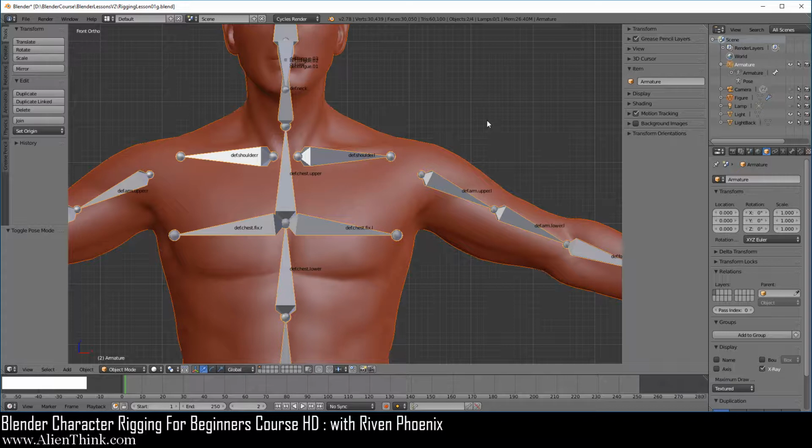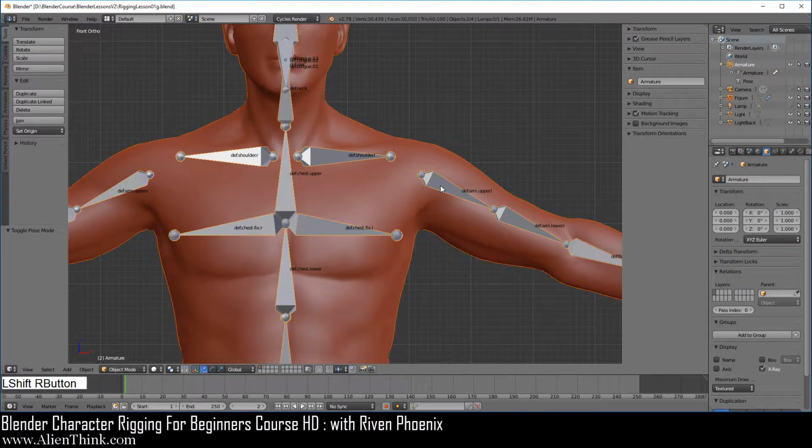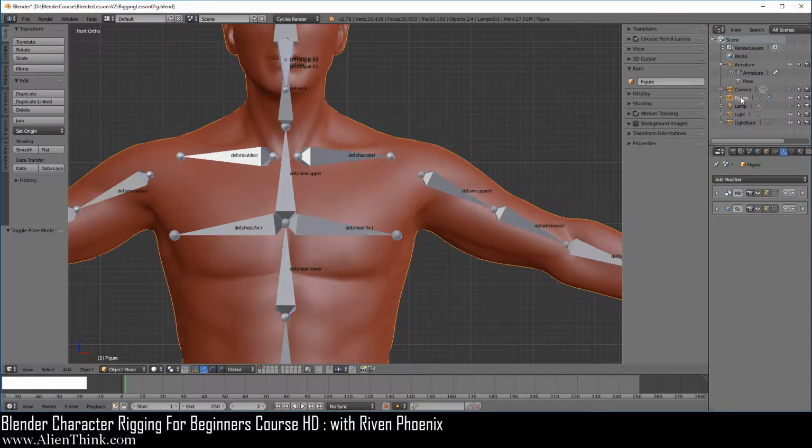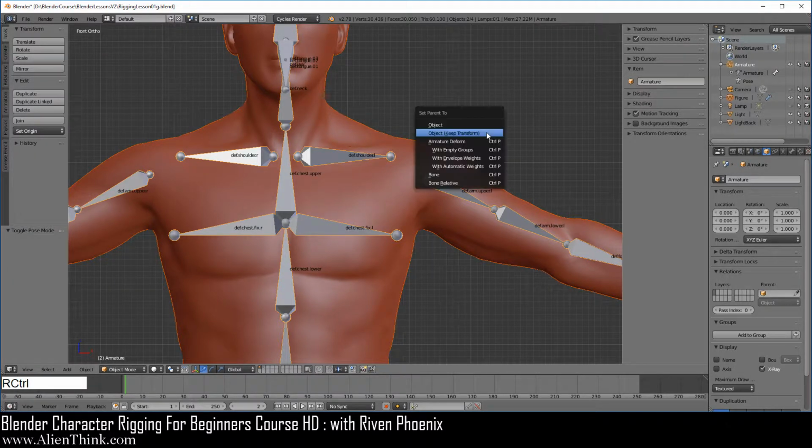Now if you want to exclusively do this inside the 3D view, you will click on the figure first, press the shift key down and then click on the armature. But if at any time you find it difficult to do this inside the 3D view, just do it the way I've shown it to you, where you can simply select the figure in the outliner, press the shift key down and then click on the armature. Anyways, go ahead and move your mouse over here. Having these two selected in this order, do Control P.